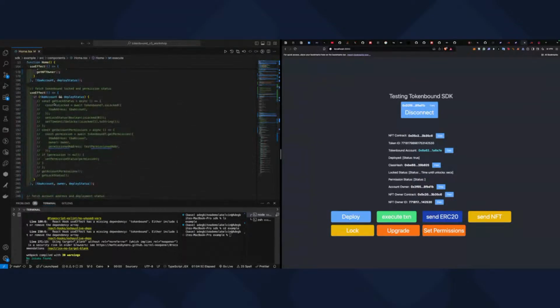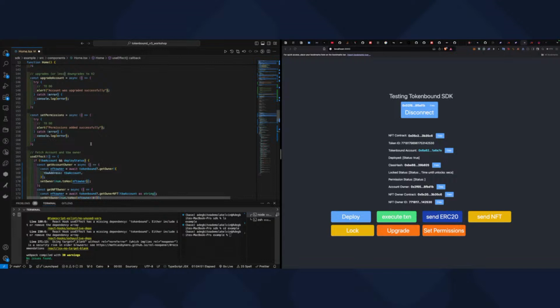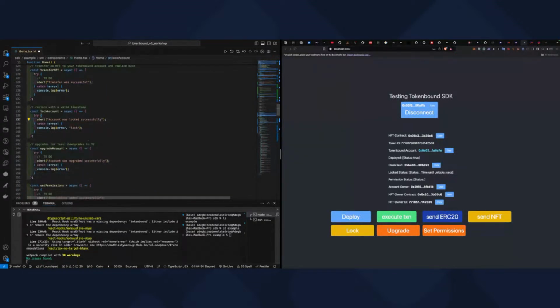So we want to firstly get the status of whether your account is locked, and let's also see set permissions. Get locked status. I think we are far ahead of time. So to lock now,